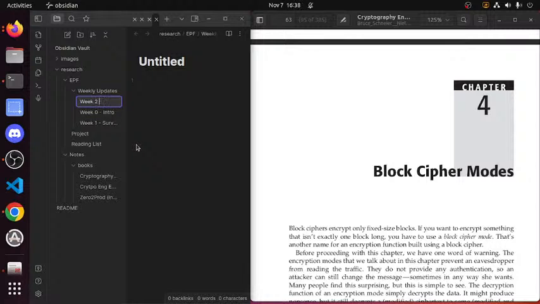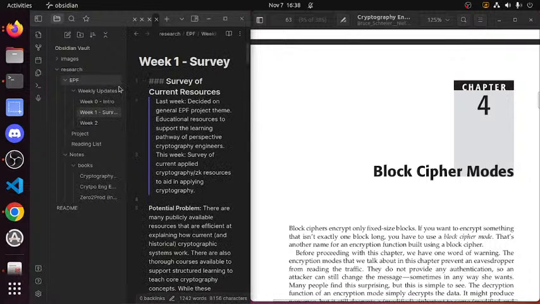Maybe they don't all need titles. That's a better idea. I don't like using spaces because on GitHub it looks ugly. But maybe I'll just do it as week 2. Let's keep it like that for now.